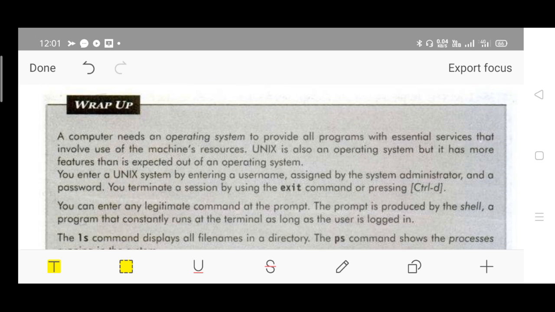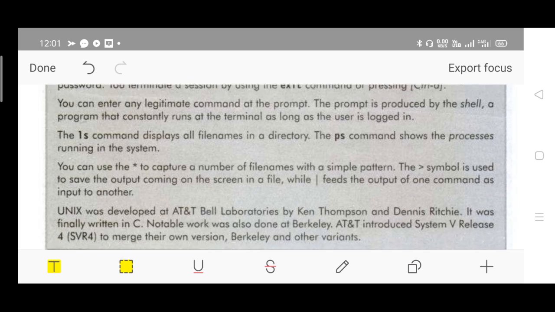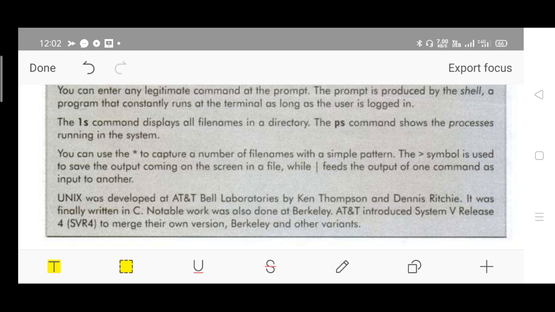So that is the end of chapter 1. Here we have seen the important topics, the introductory part of Unix, how Unix commands work, how it looks, and how to operate with the Unix shell environment. Just as you have studied the interactive shell environment with Python, here the command prompt is slightly different. Here the dollar symbol appears, and you need to remember the commands.